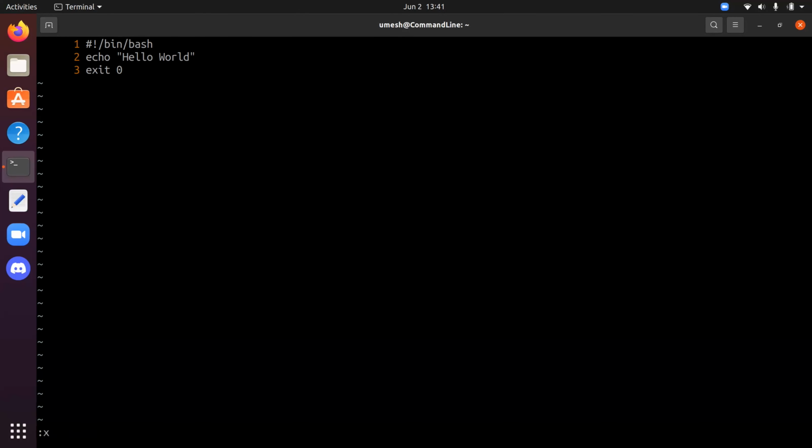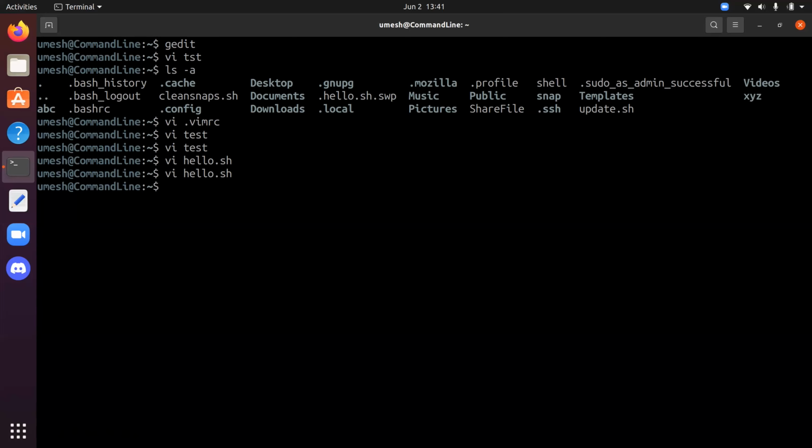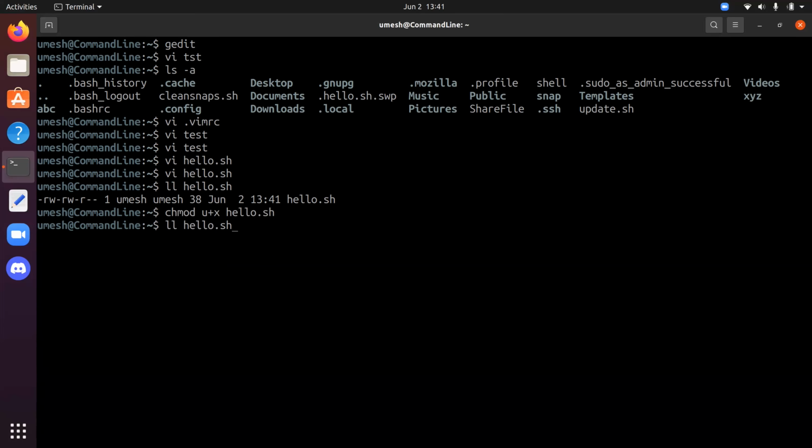And save it. Now you can run the script, but before that, we have to change the permission of the script to be executable, and we can do so using the chmod command. So if we do ls -l hello.sh, this has read and write permission, so there is no executable permission on the file. We can do chmod u+x to give the user executable permission. Now if we do ls -l hello.sh, it has execute permission for the user, and the file color is changed. Now we can simply type bash hello.sh, or we could also do ./script name.